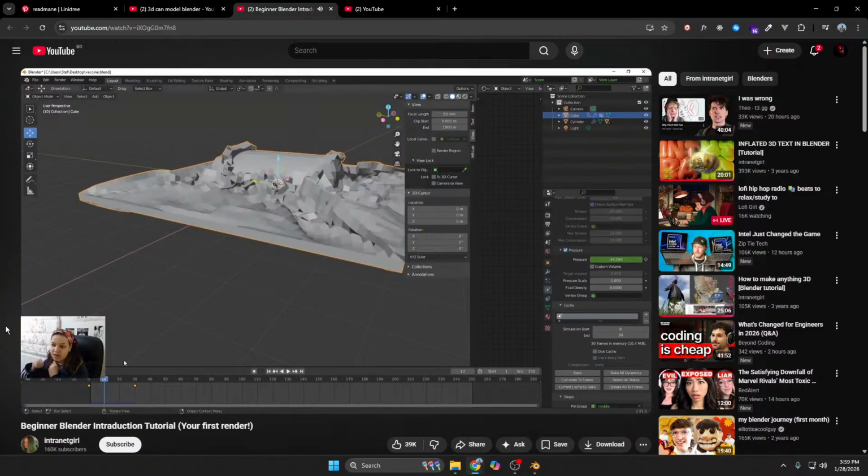Just let it do its thing. Let it render out the cache. Just don't touch your computer in the meantime. If you can't manage to do this part, I'm going to be dropping the entire blend file on Patreon, so you guys can take out what assets you like and play around with the settings and just mess around with basically what I've done. So if you are still sticking with me,